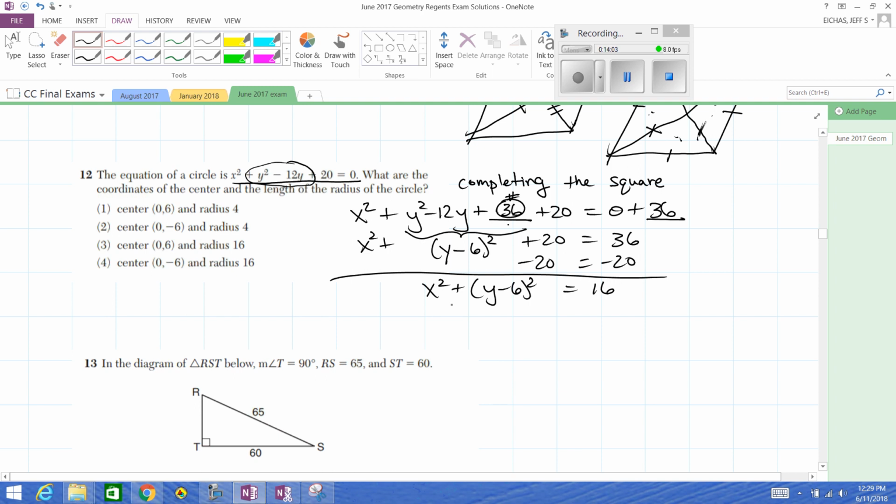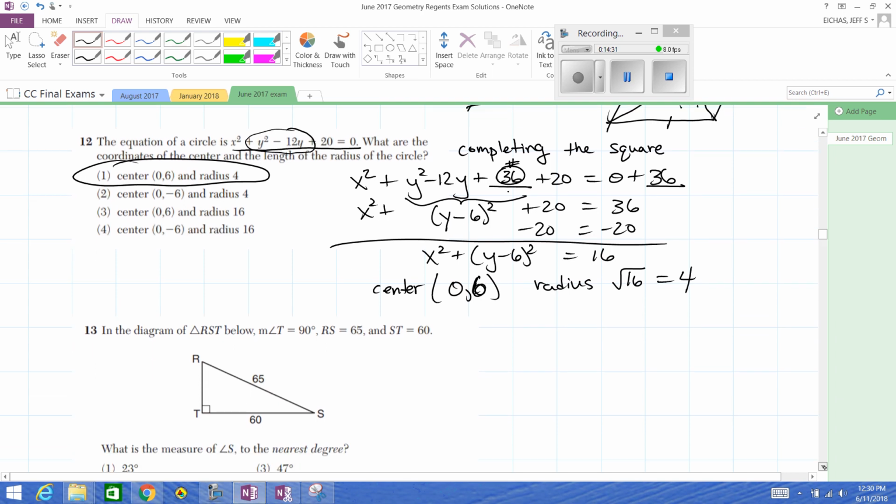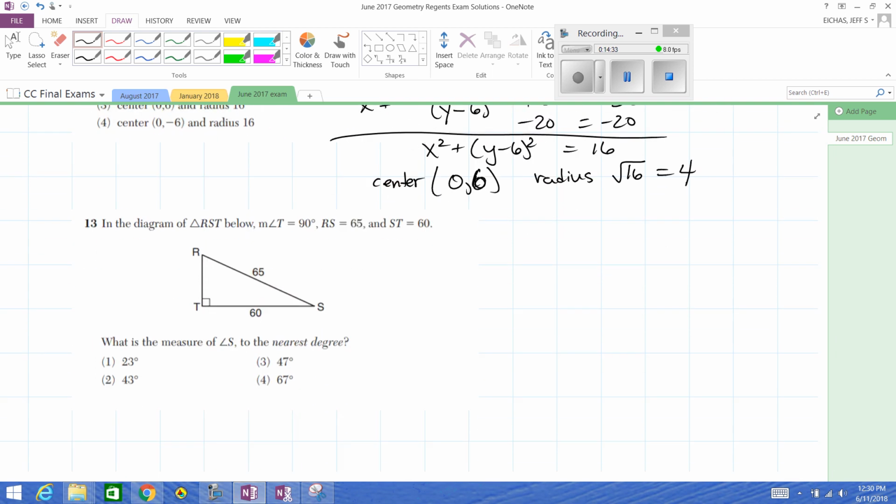finally, center radius form. This tells us 0, 6 is the center. Okay, it's the same numbers but opposite sign. And the radius, be careful here. It's always the square root of whatever's over there. Don't square it, take the square root of it. This is r squared over here. So you have to square root it to get r. So you have a center of 0, 6, radius of 4, it's choice 1. Good. A couple more for this. Actually, that takes us to the halfway for the part 1, so I'll stop at